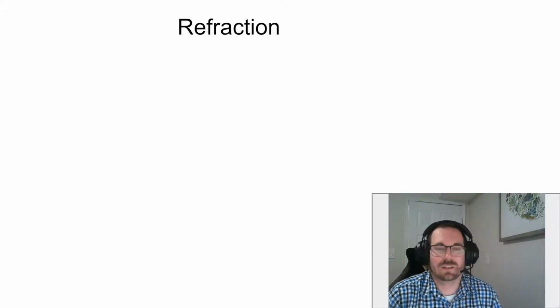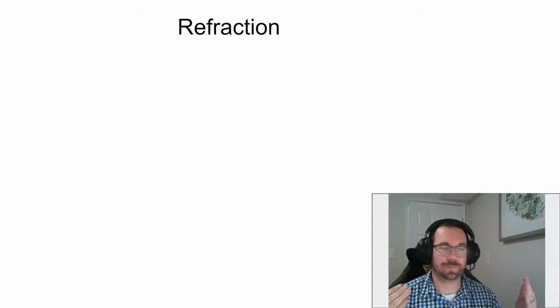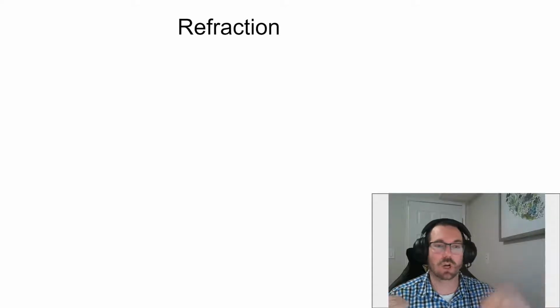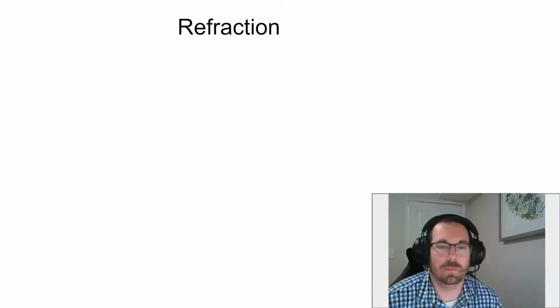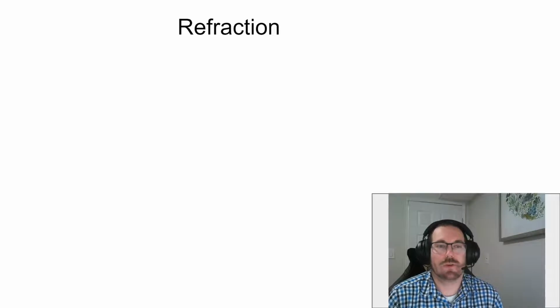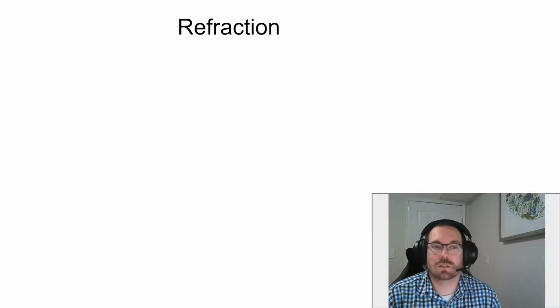Now that we've talked a little bit about reflection and how reflection is light hitting an object and bouncing off of it, whether it be a regular, smooth, or plain object, or whether it be a very curved object, we're now going to talk about something called refraction. Well, we know that reflection occurs when light rays bounce off objects,